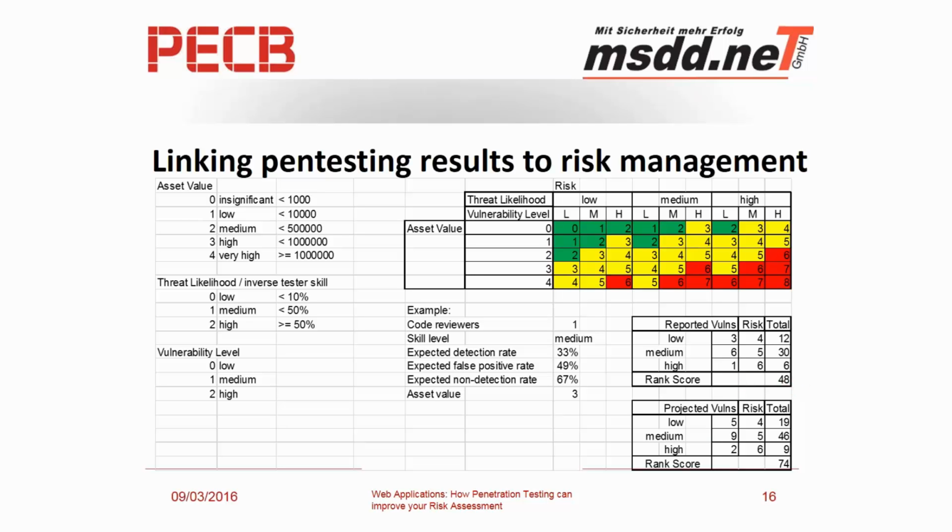What we know beforehand is that we have omitted some risks and also have invented some risks. If we have an estimate of what these numbers are, then we can calculate some sort of projected risk that takes into account these model numbers. If I do it here for the single medium-skilled tester, then it would be likely that in reality there are 5 low vulnerabilities, 9 medium, or 2 high vulnerabilities, and you can easily see that I would get an adjusted risk score,